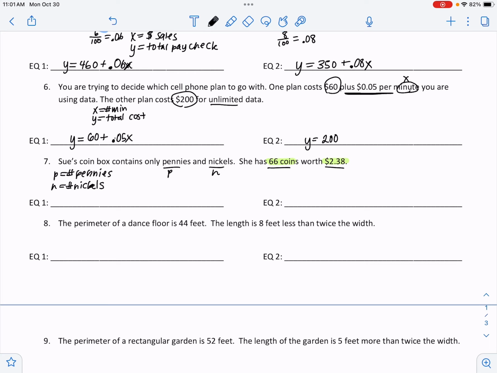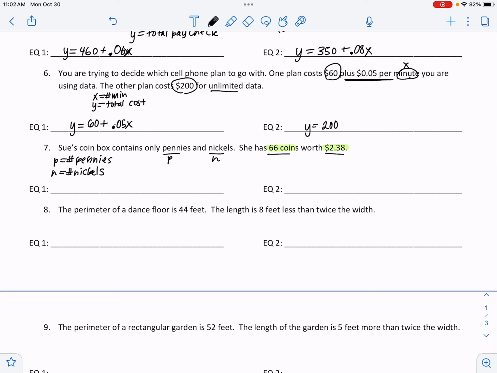And so I don't know how many pennies I have, or Sue has. I don't know how many nickels she has, but I know if I add them together, she has a total of 66 coins. A common mistake is saying P plus N equals